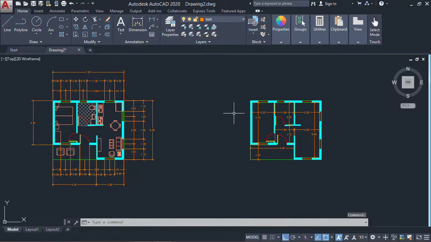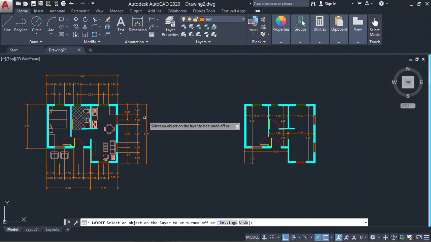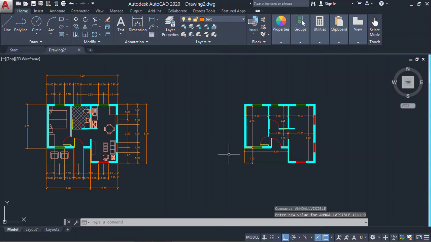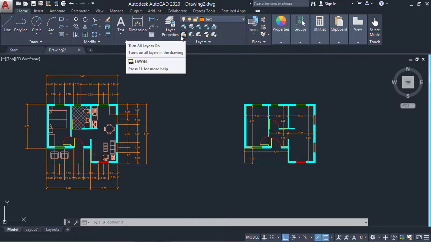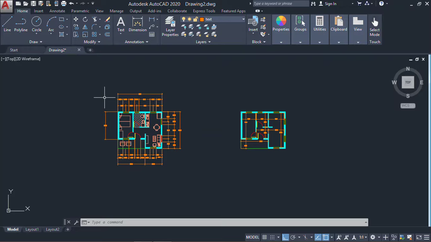So as I had a layer for text before, I'm not gonna change that, and I'm just gonna copy my plan one more time and copy this, and we can continue writing the names of each space in it and change it if we need. So something fun that you can do, which is very useful, is that when you want to copy something but you don't need some part of it, you can just